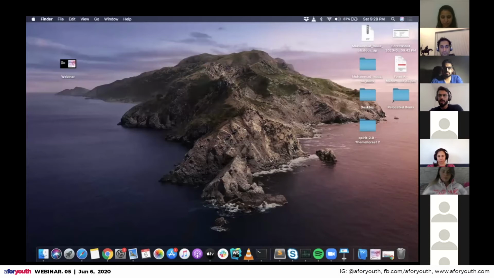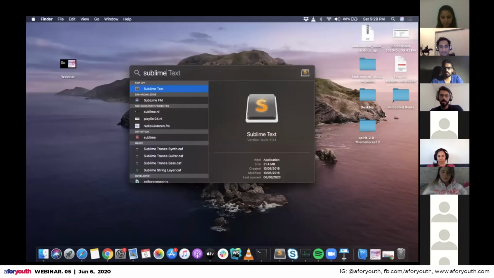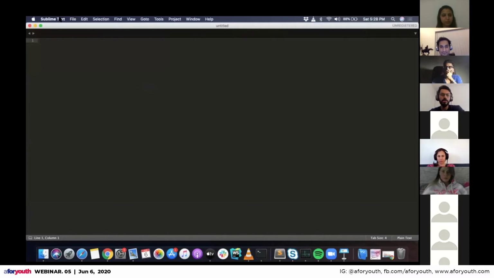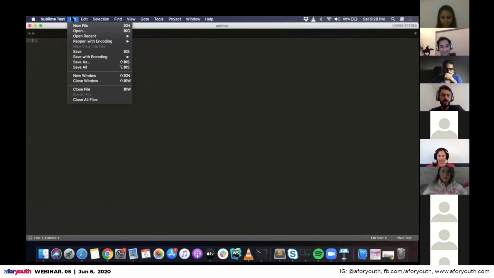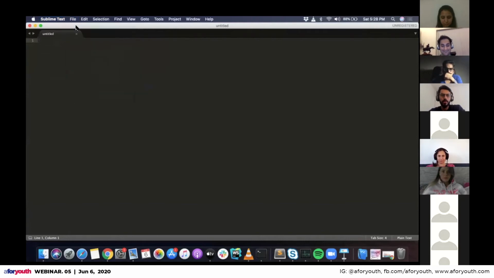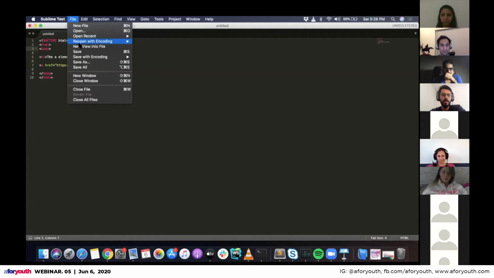For editing these HTML documents, we normally use Sublime Text. We can create a new file, paste all this code that we have, and then save it.